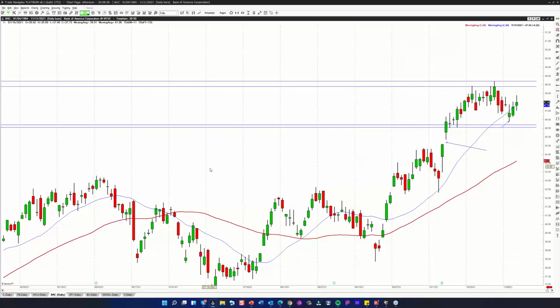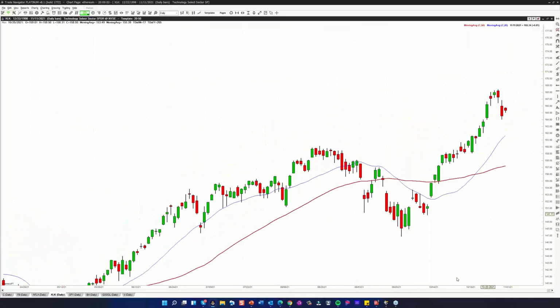Okay, we will now look at XLK. Long-term trend is up. Again, the 20 is above the 50-day moving average. Short-term trend I'm going to have as down a little bit more, down to neutral,